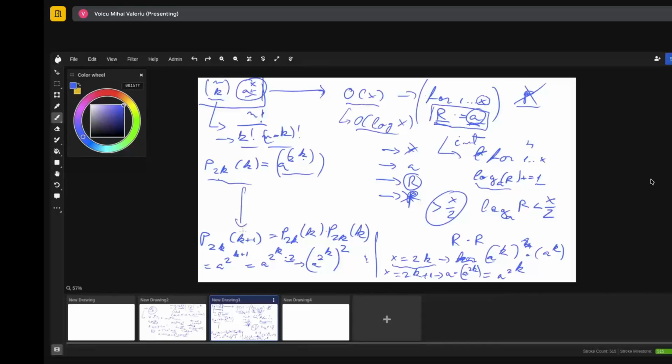As I've said, the recurrence for this is trivial, because for a to the power of 2^(k+1), we just multiply a to the power of 2 to the power of k with itself again. And so we can break down